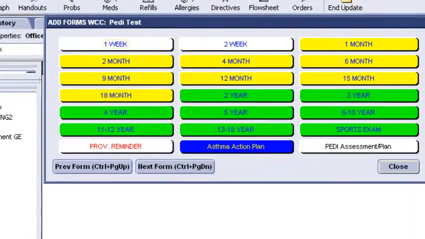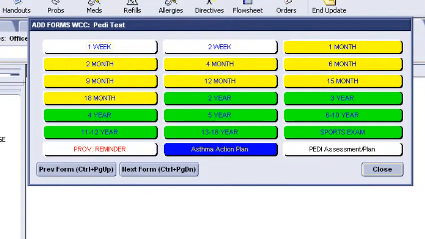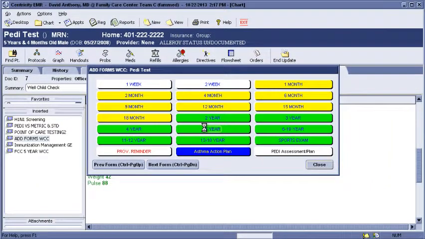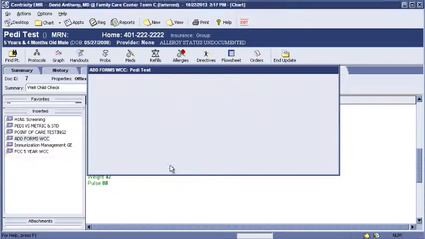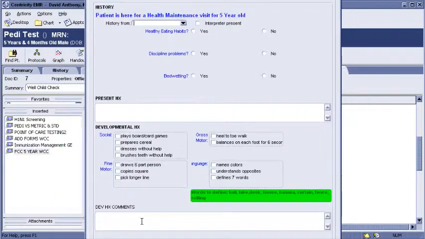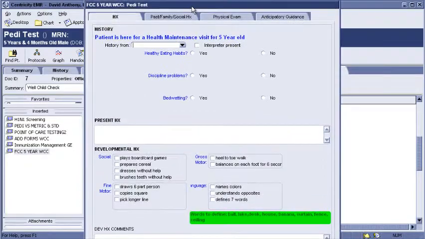Let's say we double click on it, and that brings us to this component, which has a lot of buttons. The buttons just depend on how old the kid is. So this is a 5-year-old here for a well child check, so we click on 5 year, and that will add the 5-year-old well child check form to the note. We can get to that by scrolling, hitting here on Next Form. First you come to the Immunizations form, and then we'll click Next past that to get to the Well Child